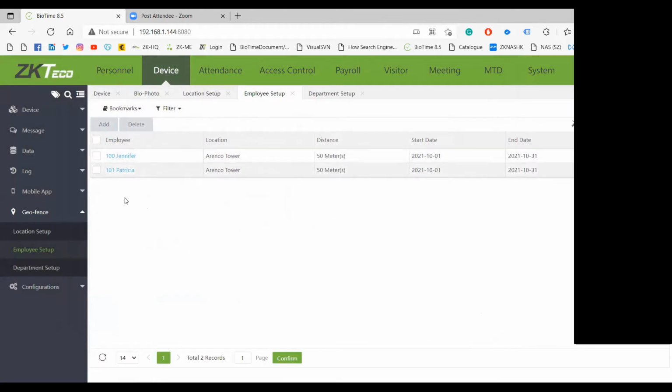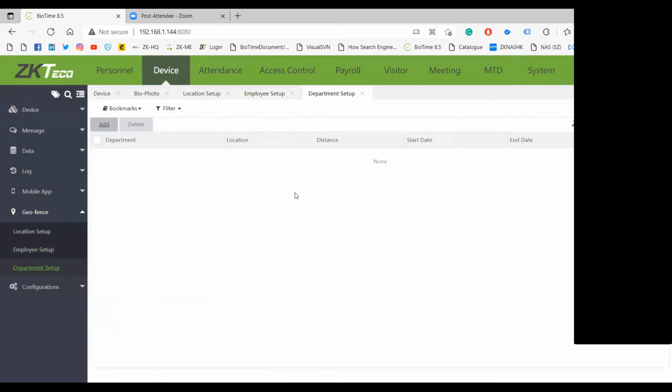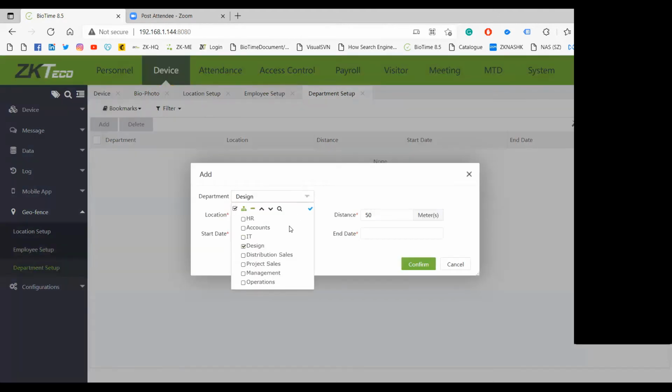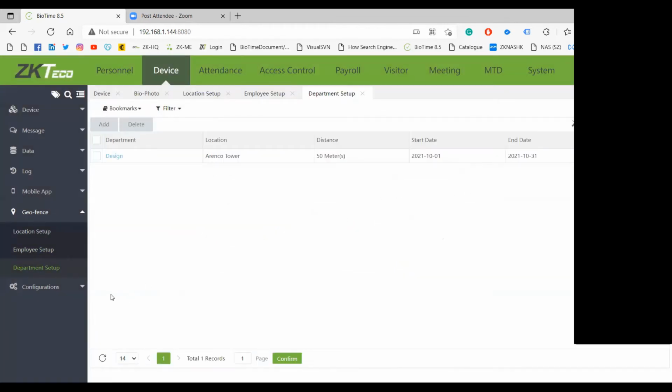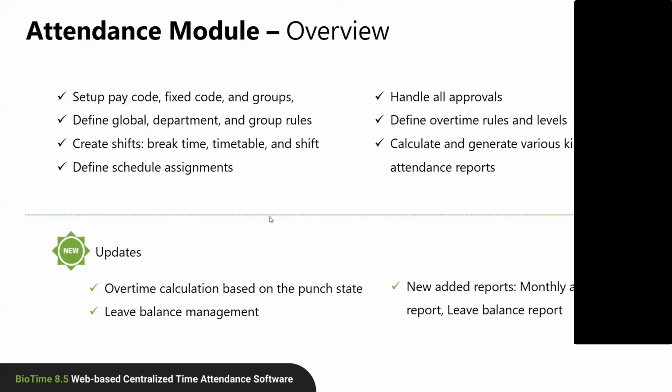Confirm, and this is how you add the employee setup geofence. Similarly for departments: if you want to add locations department-wise for marking attendance using the mobile app, you can choose the department setup option. So this is a main module.